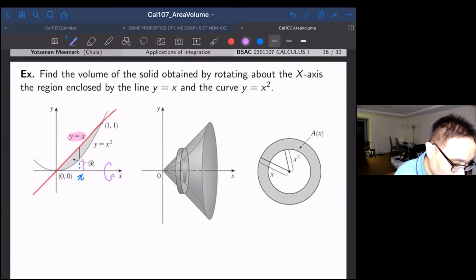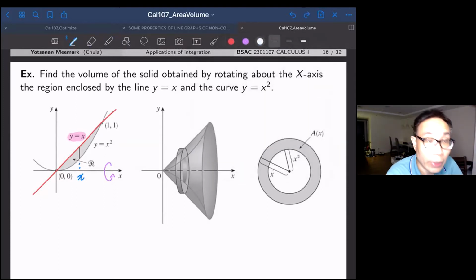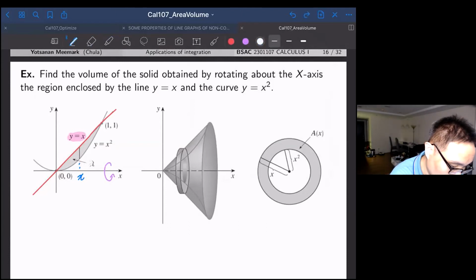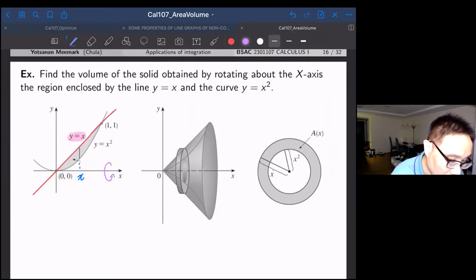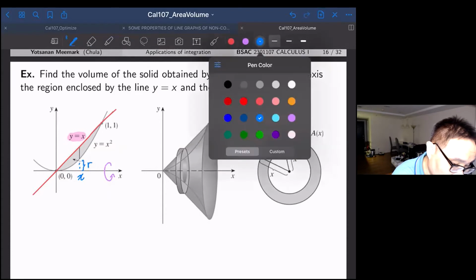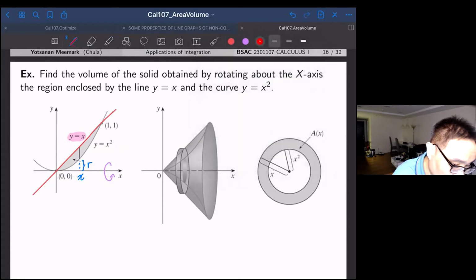I'm going to erase this letter R that stands for the region, since I'm not going to use it. Let me explain why you have the small r. So this one is the small r, and this one will be your